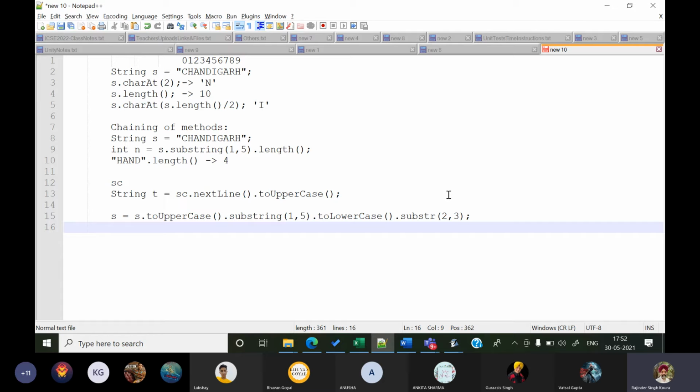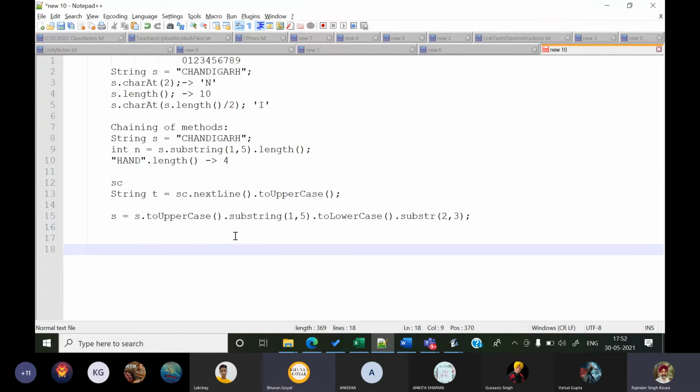What do you think this is going to return? It will return the characters from 2, 3 from substring 1, 5.